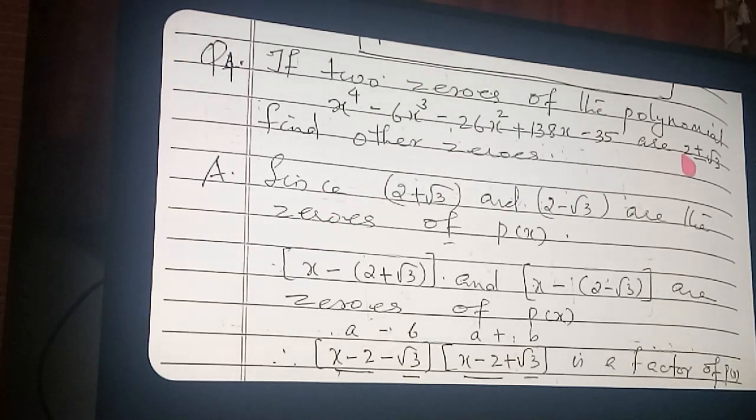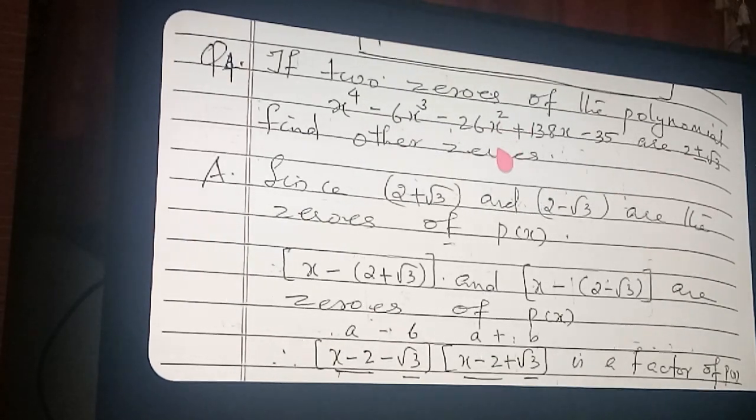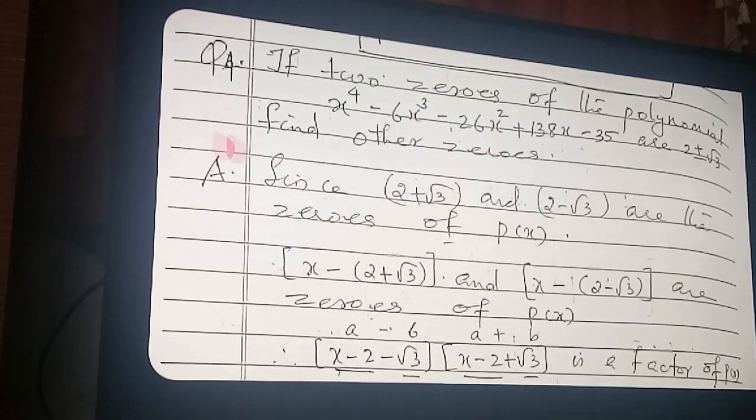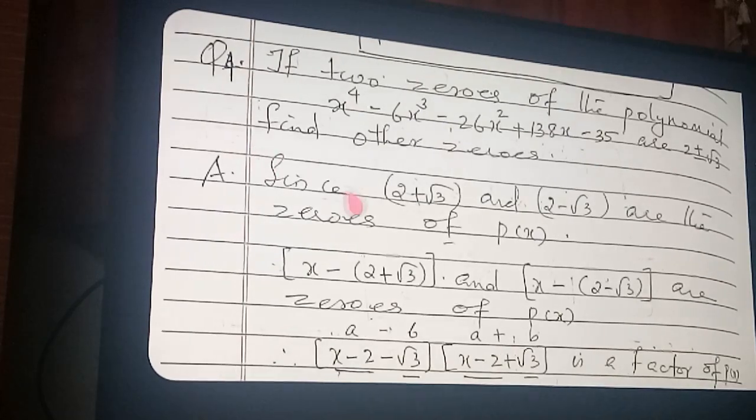Now, have you understood the question? Already two zeros are given. Then what are we finding out? We will find the factors and take their product. That product we will remove from this polynomial, and the remaining quadratic polynomial we will factorize to get the zeros. You want the concept to be clear; simply memorizing the sum is not the meaning. Listen to the question, then listen to the answer.